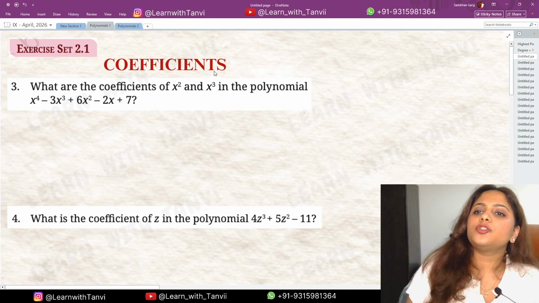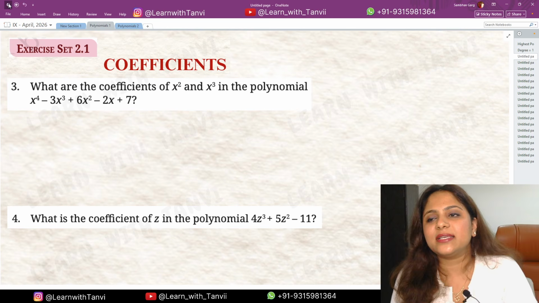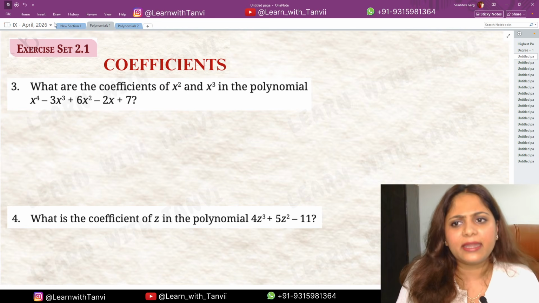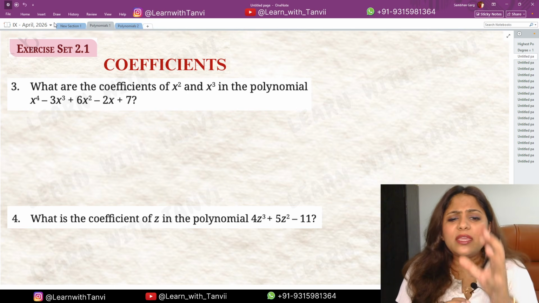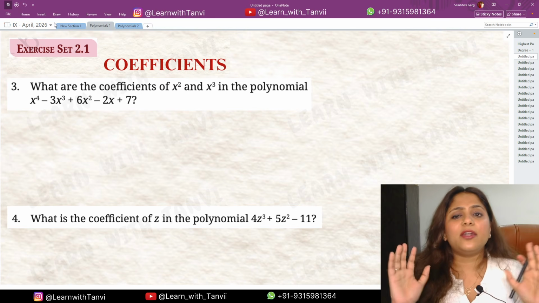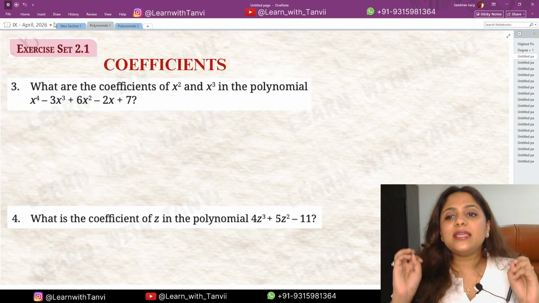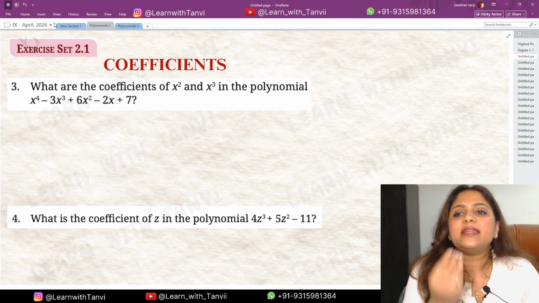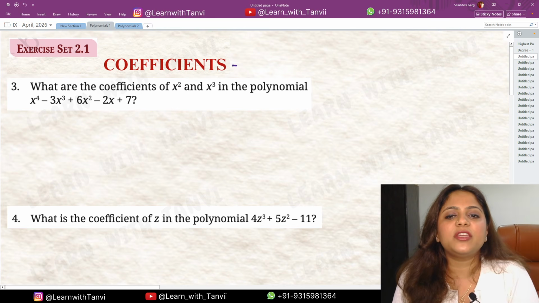Now let's move on to the next one. The next topic is about coefficients. Now I have a hot question also at the end related to this topic. Abhi in question say you might feel कि oh they are very easy to understand. No, but in the exam the easy parts do not come. They judge you for the concepts. Now understand what are coefficients. Coefficients are basically the numbers that are with the variable.